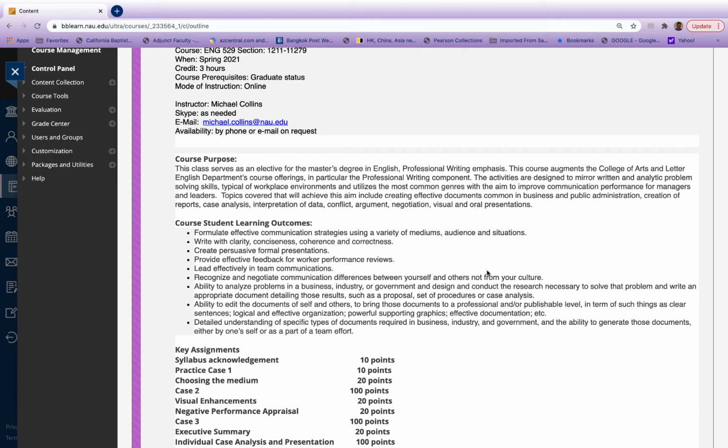And communication is one way we're going to do that, but we're also going to solve problems through case analysis as well. And I'm going to walk you through this once a week with announcements and things like that to help you do this. But as I said, communication is a critical component of leadership.